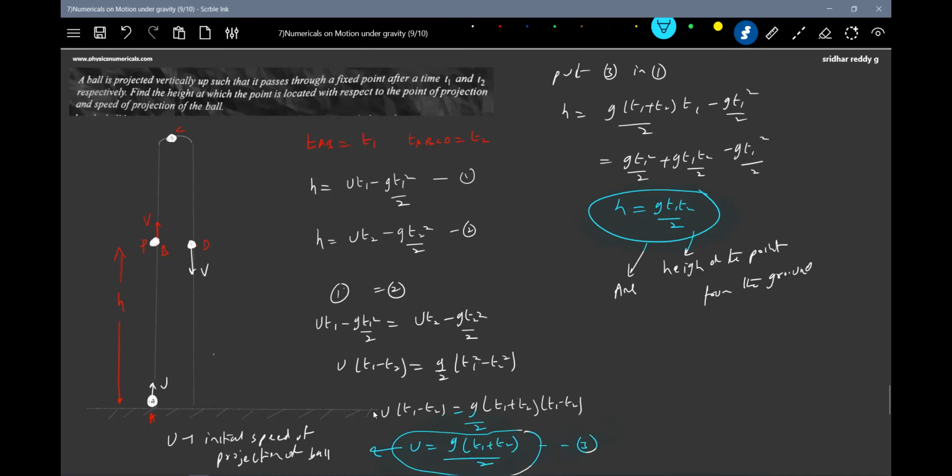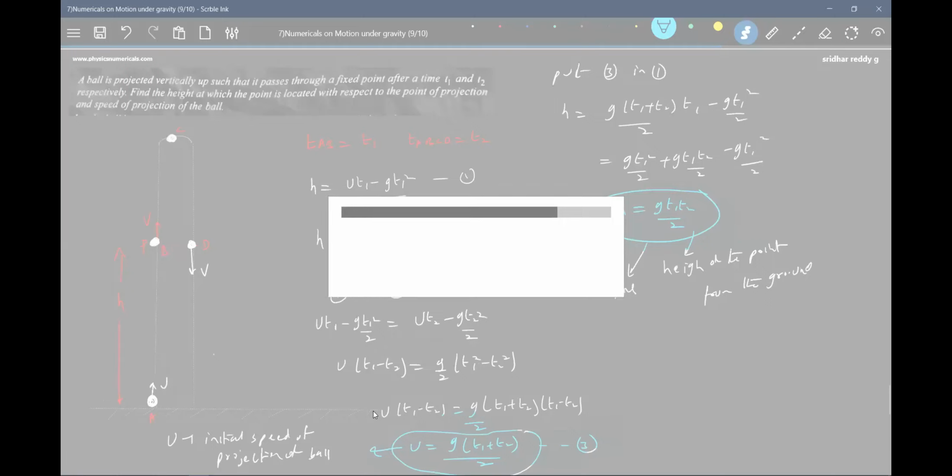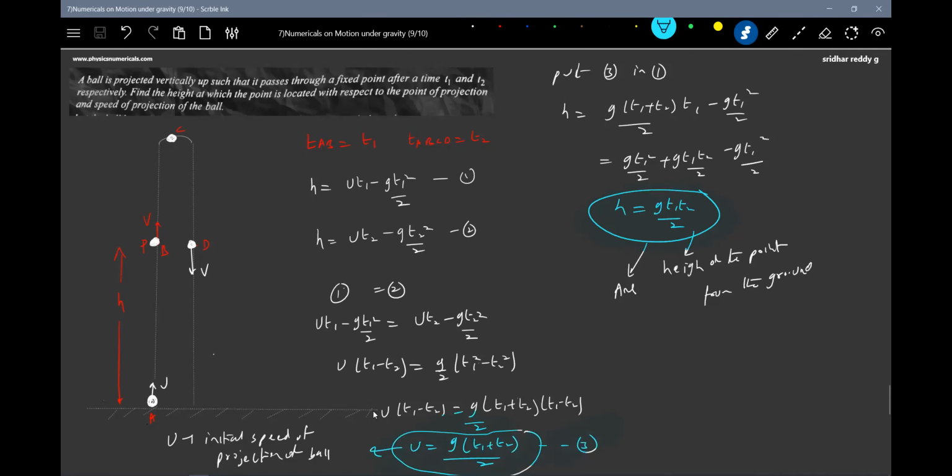Just understand this diagram properly here. Now one more thing. Why negative? Because the g will be directed opposite to the initial velocity. Why is h positive? Because the displacement you are measuring is in the direction of motion. Are you able to look at this sign? Why negative sign? The acceleration due to gravity is directed opposite to initial velocity. Why positive sign for this? Because the displacement is measured in the direction of motion.